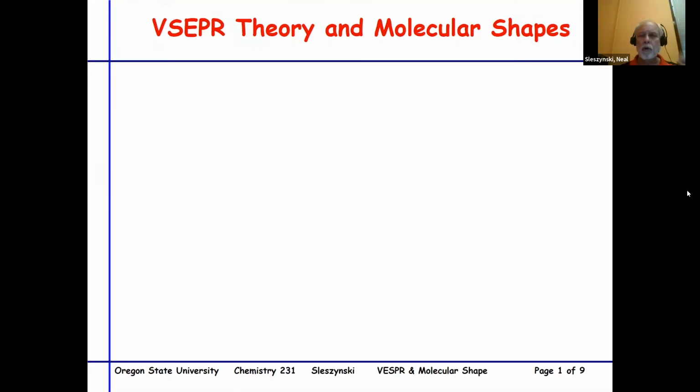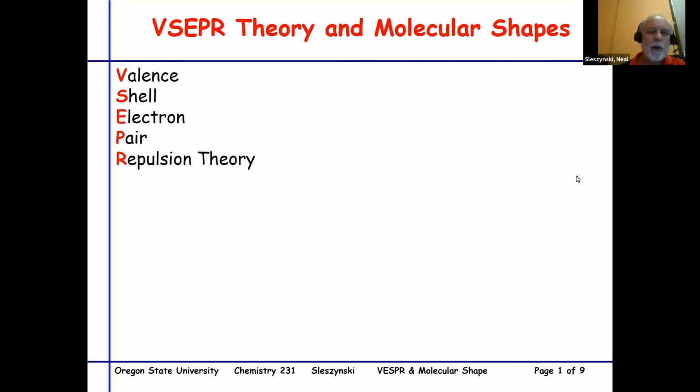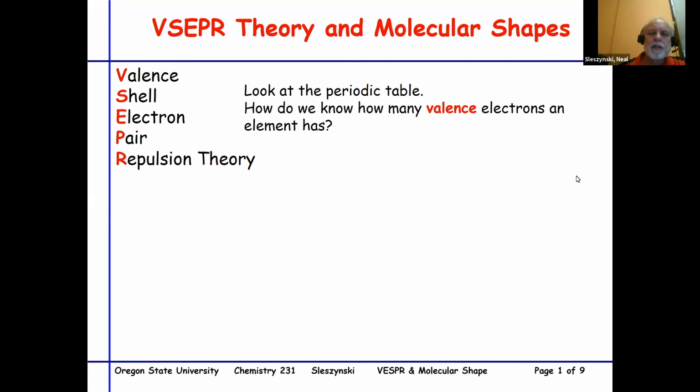This is a tutorial reviewing the concept of VSEPR theory and how that affects molecular shapes. VSEPR stands for valence shell electron pair repulsion theory. So let's review for a minute. Let's go back and look at the periodic table and ask ourselves, how do we know how many valence electrons